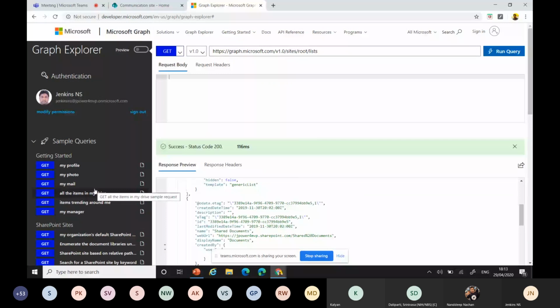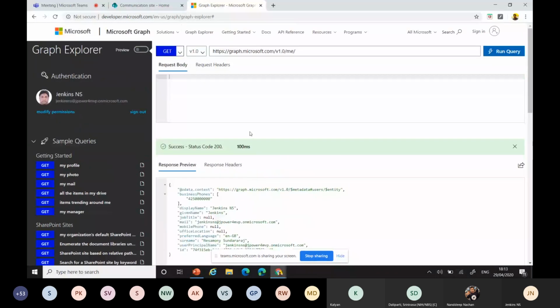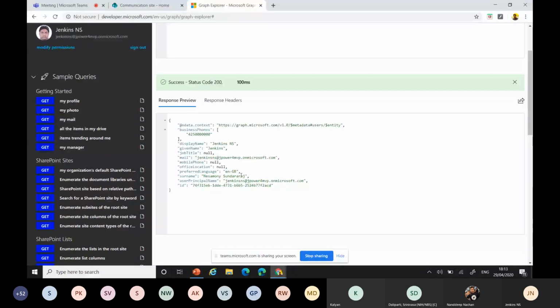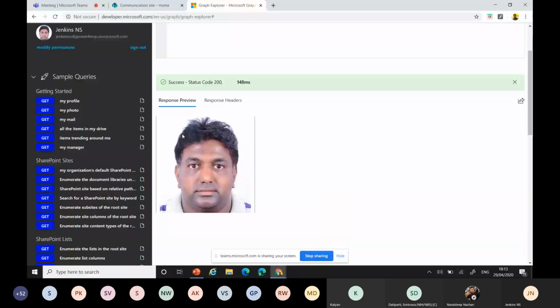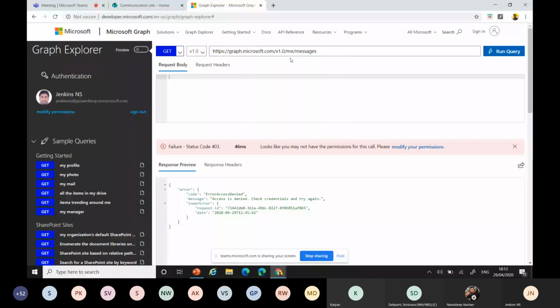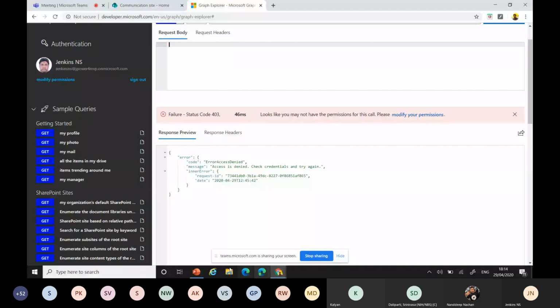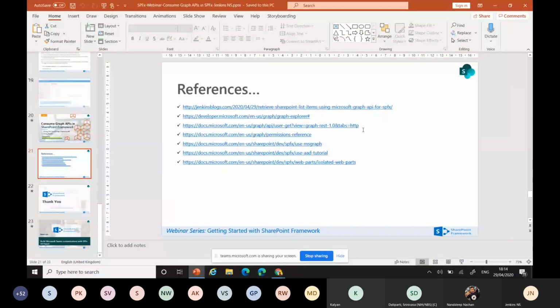Normally, everywhere you see they will show the profile. This is a famous API URL to get our own information, that's the user profile. I can get my profile from my Office 365, and I can take my photo and my mail. When I pass the value, it says I don't have permission. How do we identify the permission? We always need to know which permission is required for the corresponding API. We have a list of permissions. I'll show you in my PPT as well, where you can always take it.